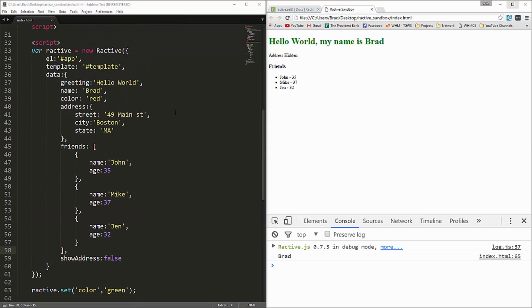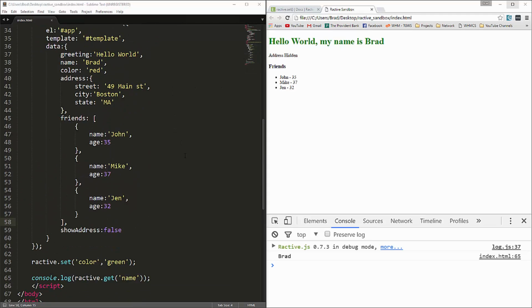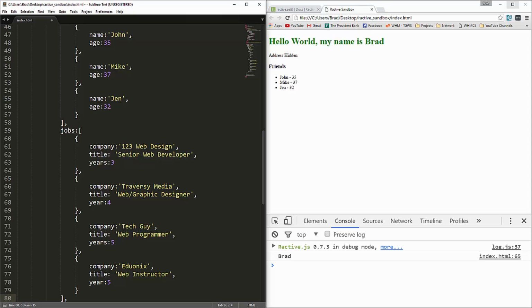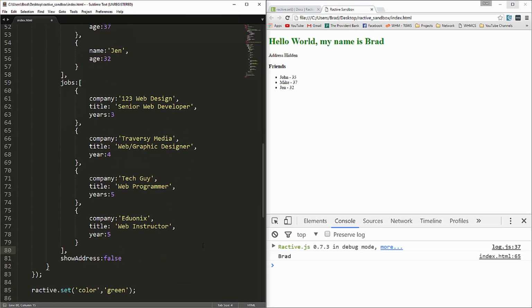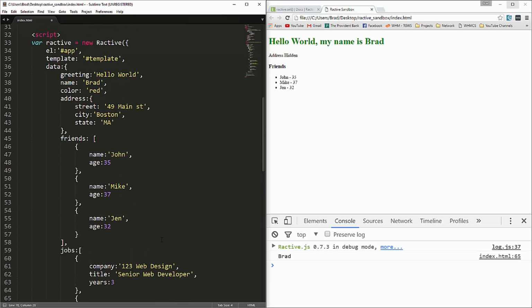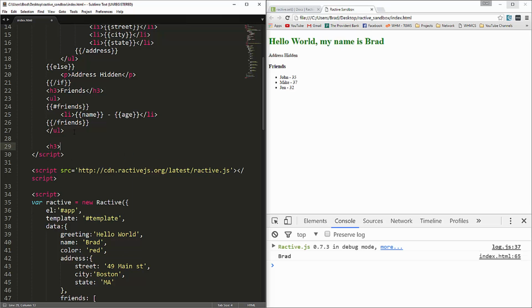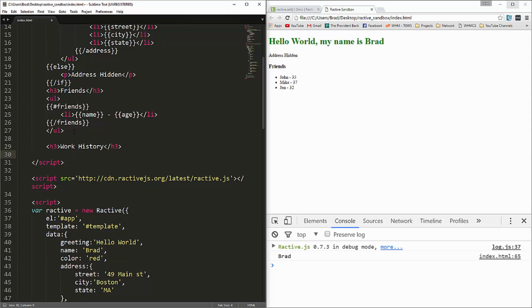Now, in addition to using sections like we did with friends, we can also iterate using each. So what I'm going to do is I'm going to paste in a property called jobs, which is an array of different jobs that the users had. Alright, so we have company, title, and the years that they worked there. This should actually be years. Okay, so what we'll do is go up here and let's add an H3, and we'll say work history,